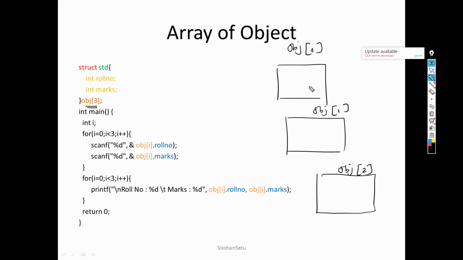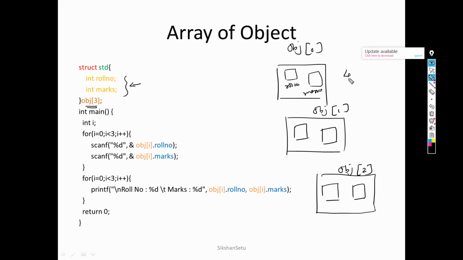Now here this is the big box, but how many small boxes will be there? As per the data members, I have two data members, roll number and marks. So there will be two boxes. This is for roll number and this is for marks. Same way, roll number, marks, roll number and marks.